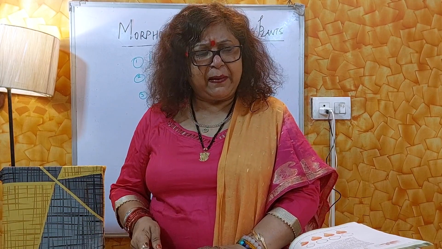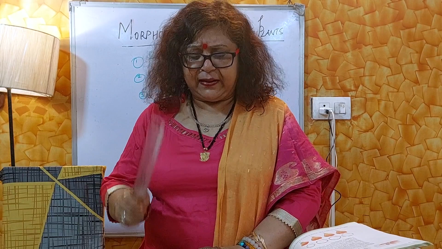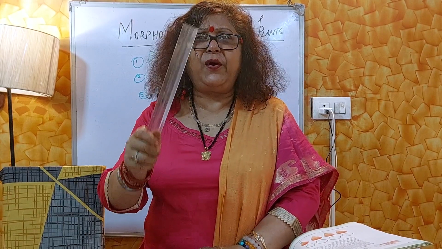Now, the petals lie inner to the calyx. These petals are brightly colored, they help in pollination, and like the sepals, the petals can also be gamopetalous and polypetalous. Gamo means united petals, poly means free petals. Okay. Now the shape and color of the corolla may vary from flower to flower,